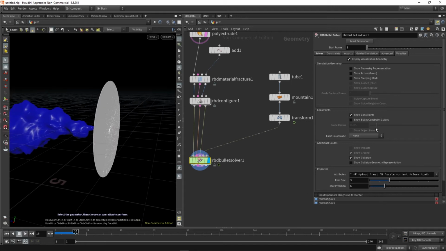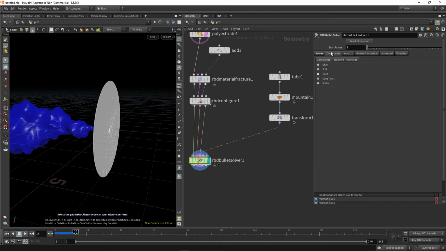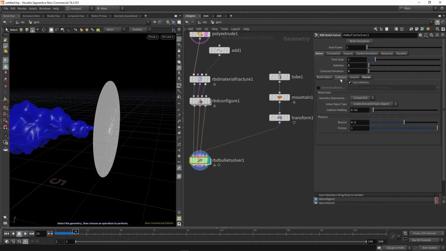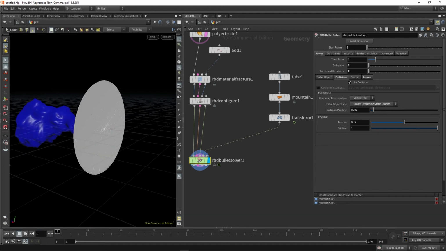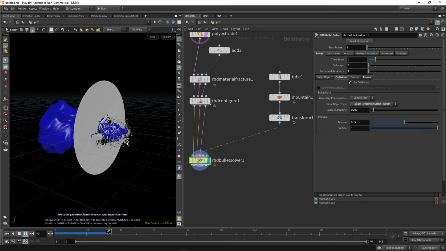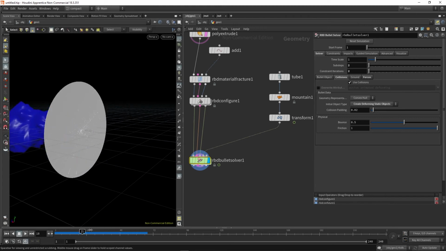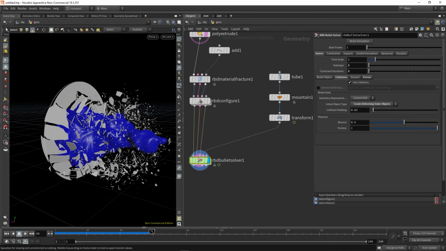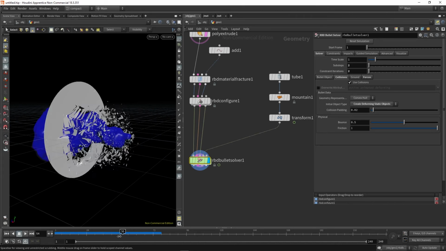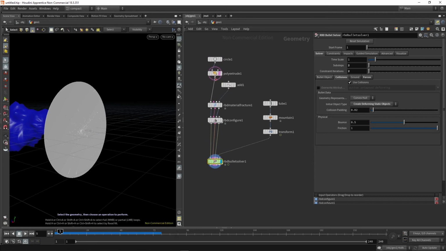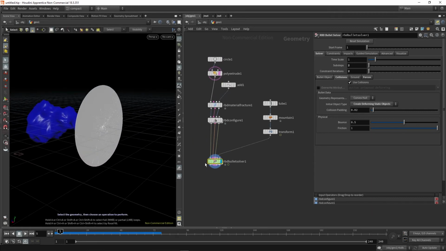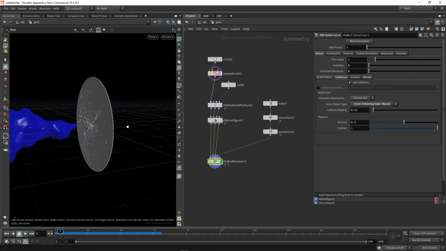Nothing is moving, and that is because of the default of the collision object in the collisions tab. So we're just going to enable deforming static object instead. And if we go back and hit play, we can see it's now moving. All right, I've let that cook. You can see that our simulation looks like this currently, and we can leave that cooking. Like I said, you can go back and play with a few of these settings until you get a simulation that you're happy with. I'm going to call that a day for now,